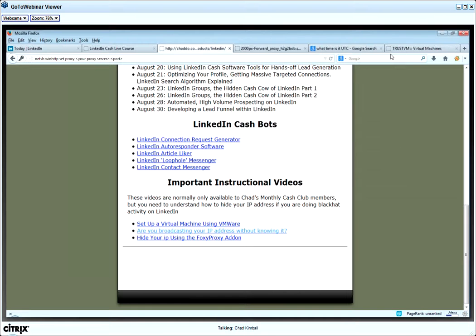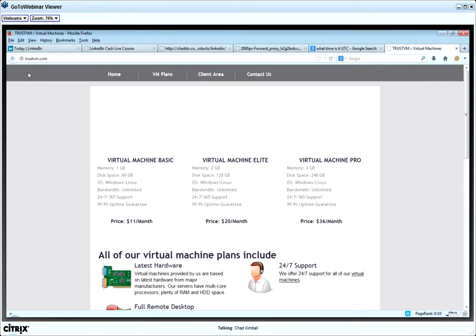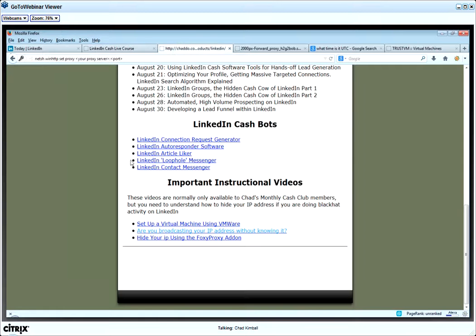Okay, if you're using TrustVM, which is the simplest way to run virtual machines, I would recommend that you use this little cheap one, which is what I use. If all you're doing is running bots on it, it's $11 a month. So if you're going to do 100 accounts, that's why I gave you a little instruction here about how to